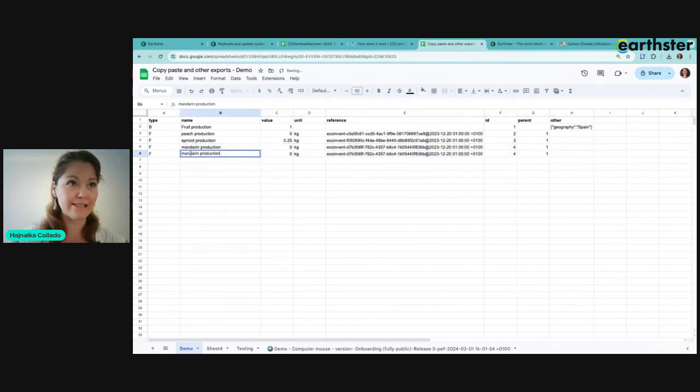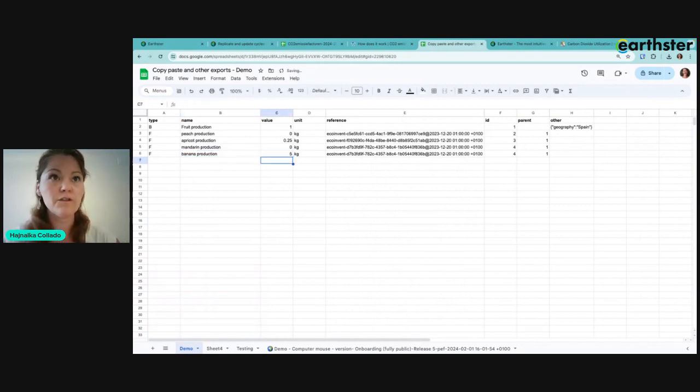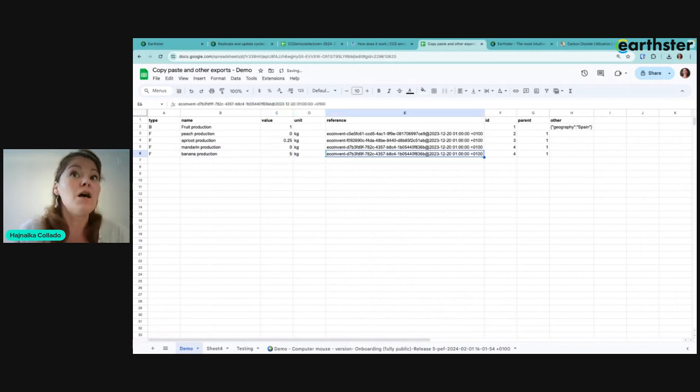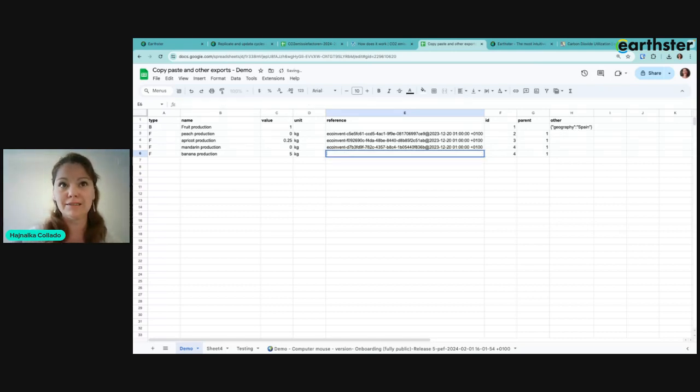I'm gonna say that this is banana production. Banana production. We are gonna say 5 kilos of banana. I don't know the reference ID of it, so I just know that I want to paste data. I know it's banana, but nothing else, like this. Good. And then this needs to be now